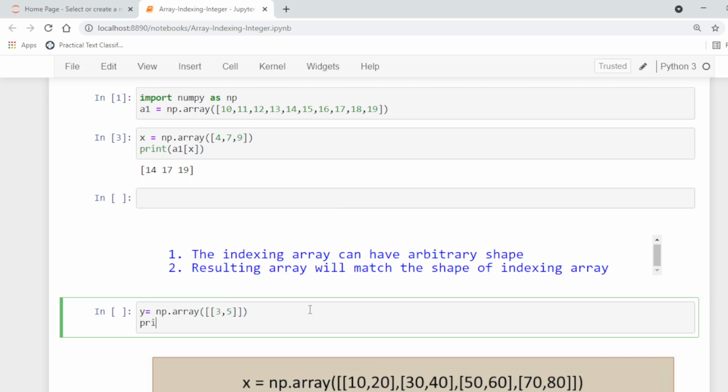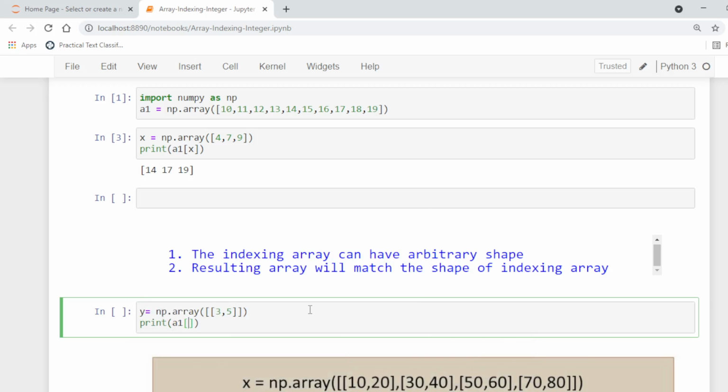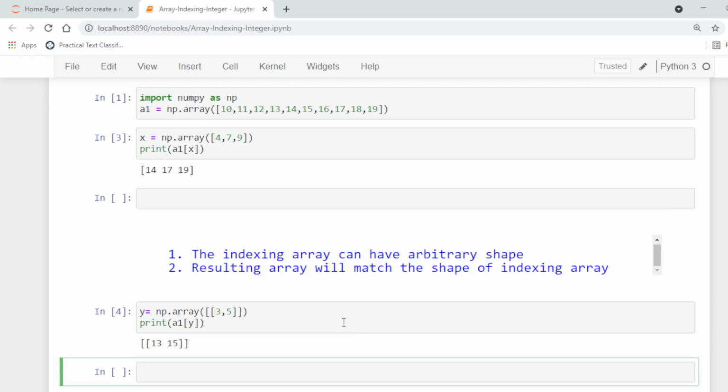Now we use this array as index for the above array. Basically the resulting array is a two-dimensional array, although A1 is a one-dimensional array. So the resulting array will match the shape of the indexing array.